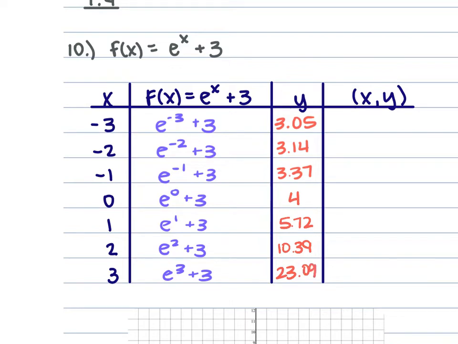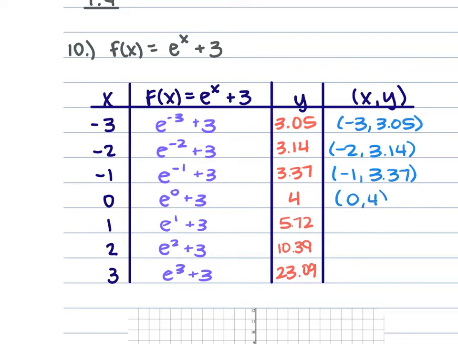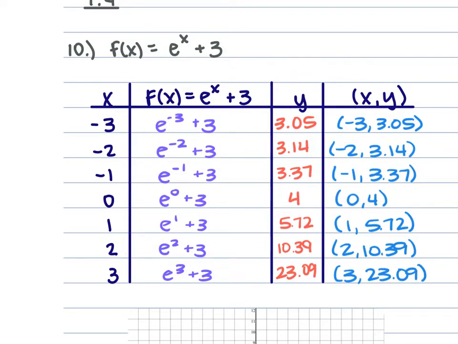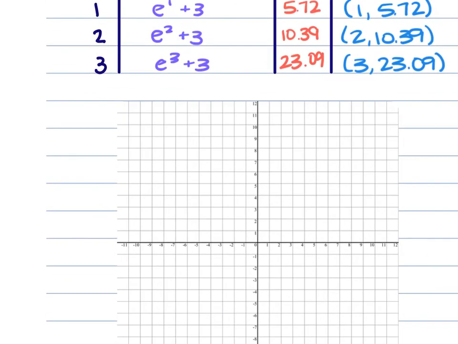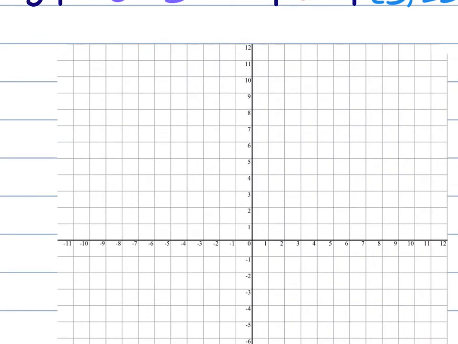So this is giving me ordered pairs of negative 3, 3.05; negative 2, 3.14; negative 1, 3.37; 0, 4; 1, 5.72; 2, 10.39; and 3, 23.09. So plotting these on our coordinate plane, first one we're going to have is that negative 3, 3.0 something,